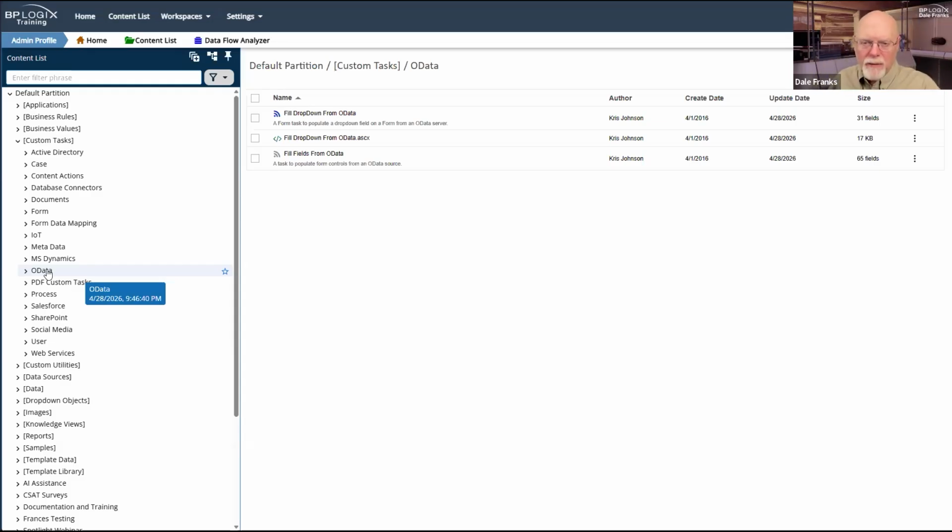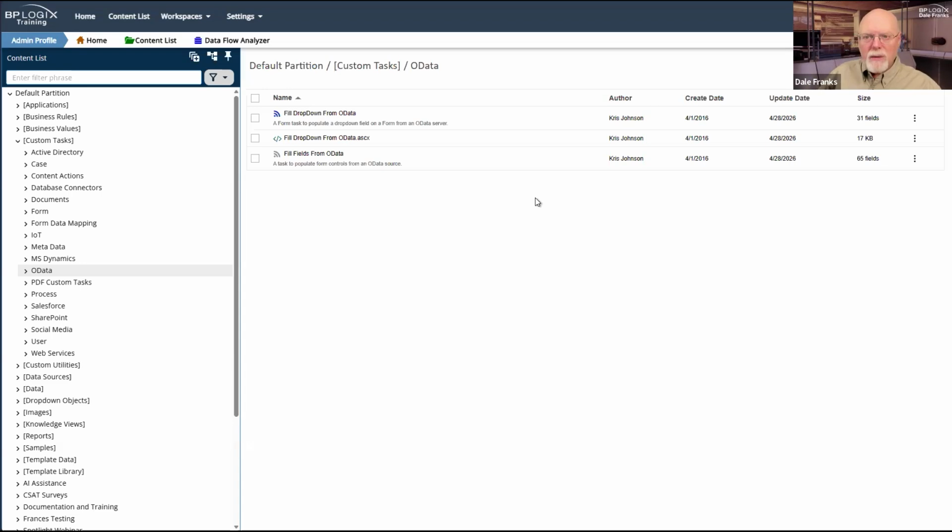OData is just a type of generic data connector, but a lot of third-party software pieces that people use rather widely, like Microsoft Dynamics CRM, or for ERP, or for Salesforce for CRM, or just a generic OData custom task. The licenses for those custom tasks are all governed by a company called CData, and you have to buy a specific license from CData to run any of those custom tasks.